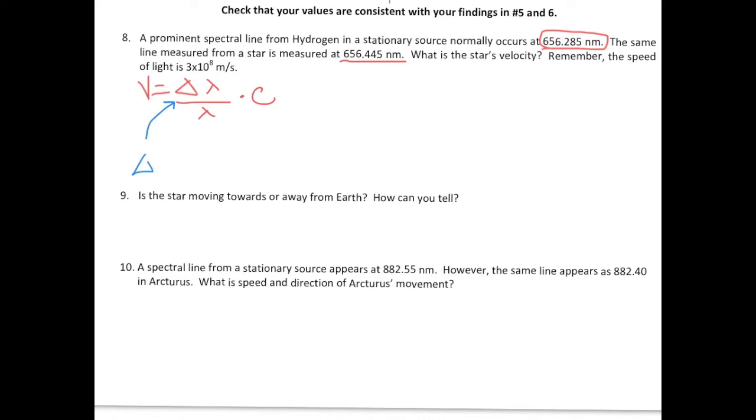So from our first equations on the first page, the equation for Doppler shift, or the change in wavelength, is delta lambda, or the Doppler shift, equals the wavelength observed from the star minus the lambda nu, or in other words, the wavelength from a stationary source. So this one is going to be our lambda nu, and this one is going to be our lambda from the wavelength from the star. It's important that we don't get those two mixed up because we want to make sure we're subtracting the right thing from the other. So Doppler shift equals